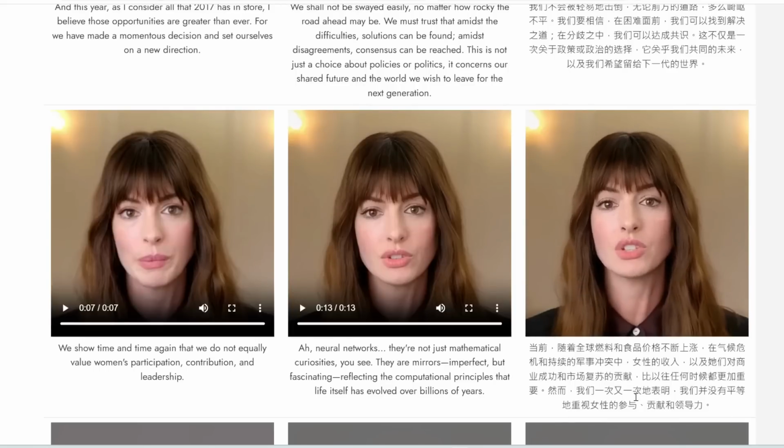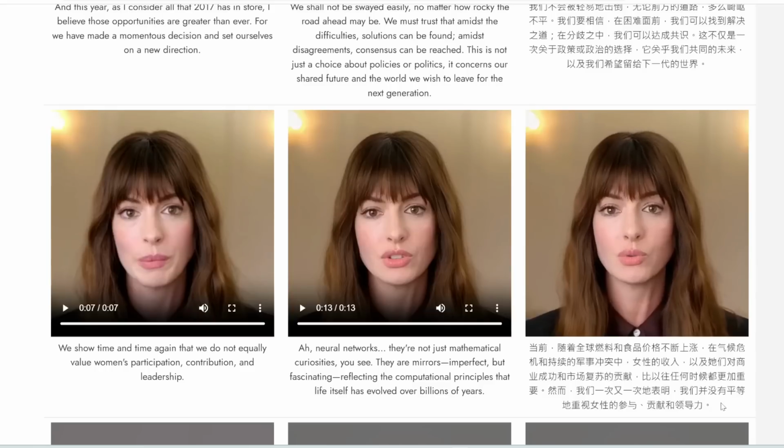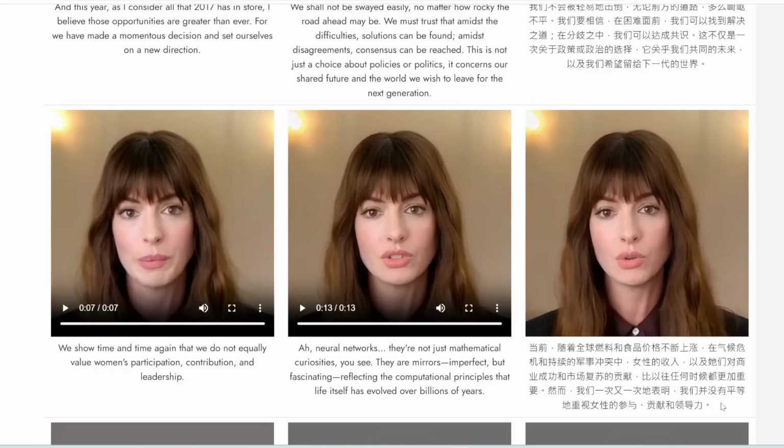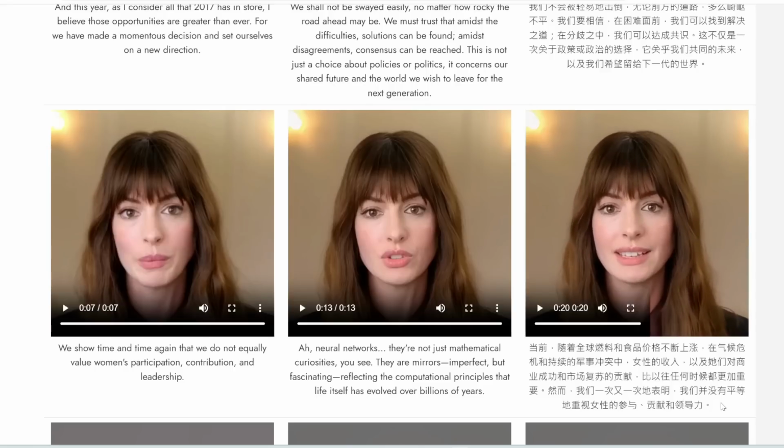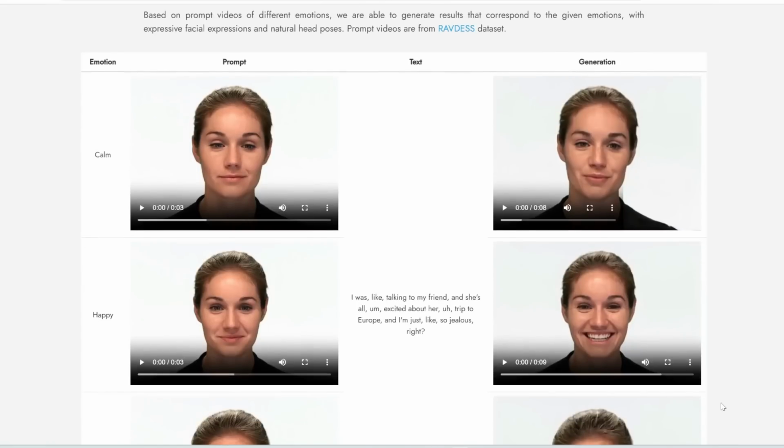Very nice. Note that you can also kind of control the emotion of the generation by using the same